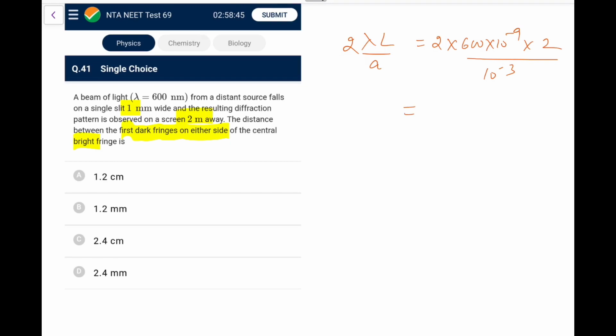So what we have, 10 to the power minus 3, this becomes 10 to the power 5, so it is 10 to the power minus 4, 6 2s are 12, 2s are 24, so it comes out as 2.4 mm. So I'll go for option D, that is the correct one here. Now the next one,